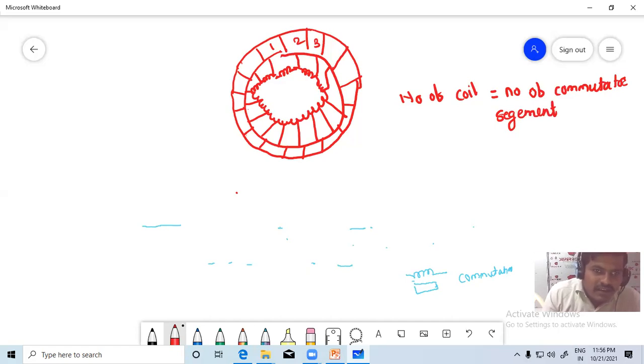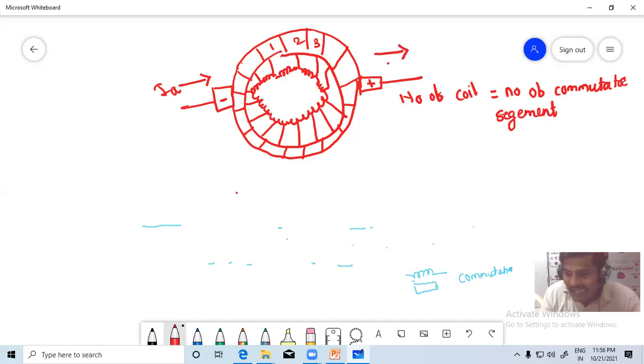So see, बघा, again I will draw the brushes here. Here it is one brush and here it is another brush. Suppose this is the negative brush and this one is the positive brush. Okay, again see, the armature current will always be flowing from the negative brush to the positive brush. Negative कडून positive कडे current flow होते. That is Ia, it will be flowing from negative to positive, or towards the positive, which is again negative to positive.